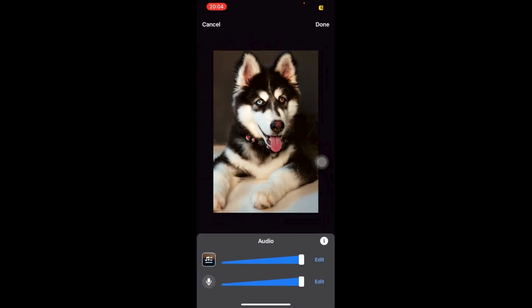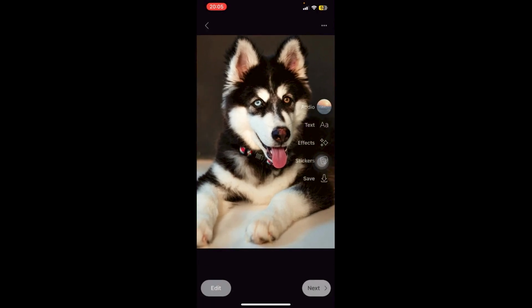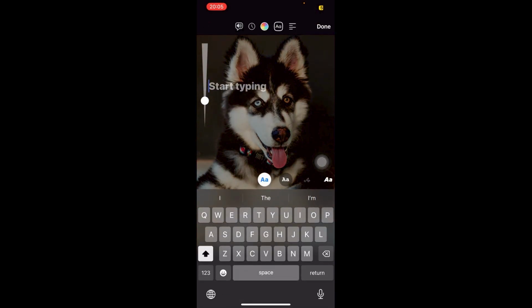And let's go ahead and click the audio once again. As you can see, we now have the voiceover and the music combined together. So if you want to go ahead and play around with the sounds themselves, you can go ahead and do so. Once you're happy, click done once again. We can even add text into this as well. So go ahead and start typing,